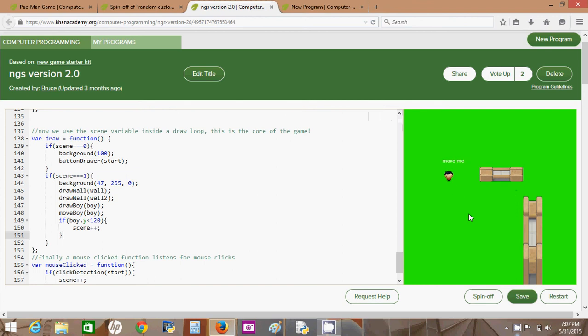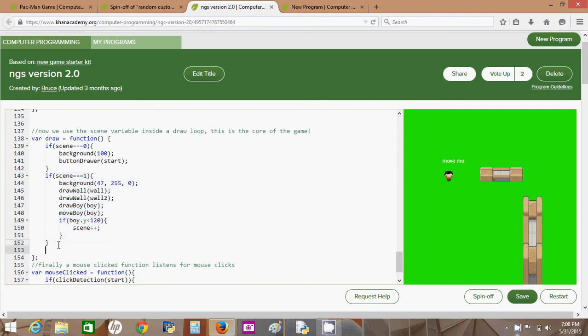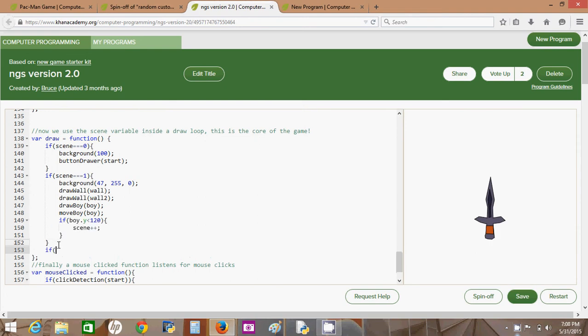And now the program freezes because this isn't true and this isn't true. So the draw loop is just cycling with nothing to do at all, and it's just stuck here. So to continue with the game, of course, I need to go if scene equals 2,